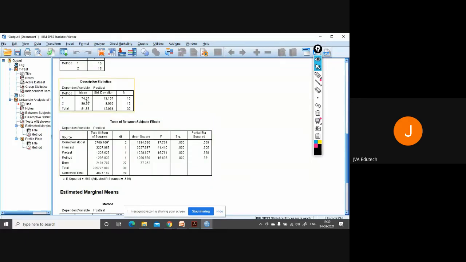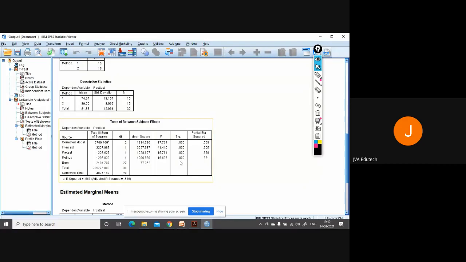What you got in the independent t-test, the same you'll get here: the score in the case of online class was 74.67, in offline class it was 89. So students taking offline classes perform better while controlling for their initial quantitative ability.